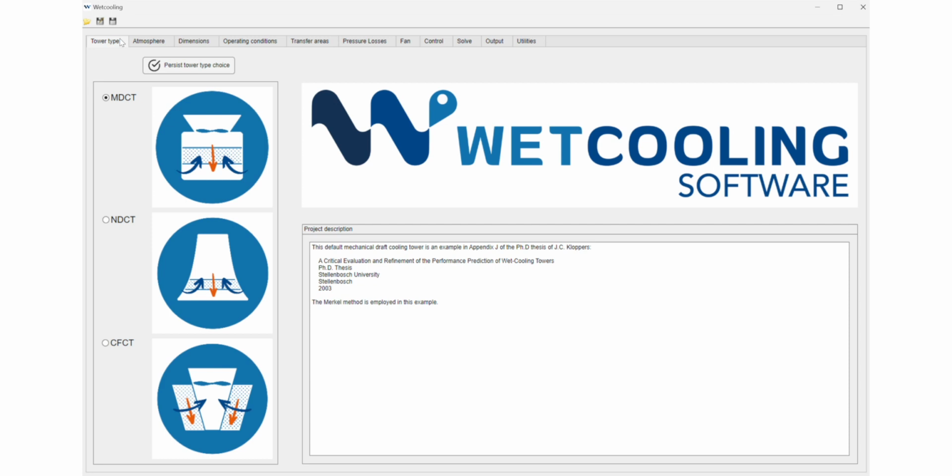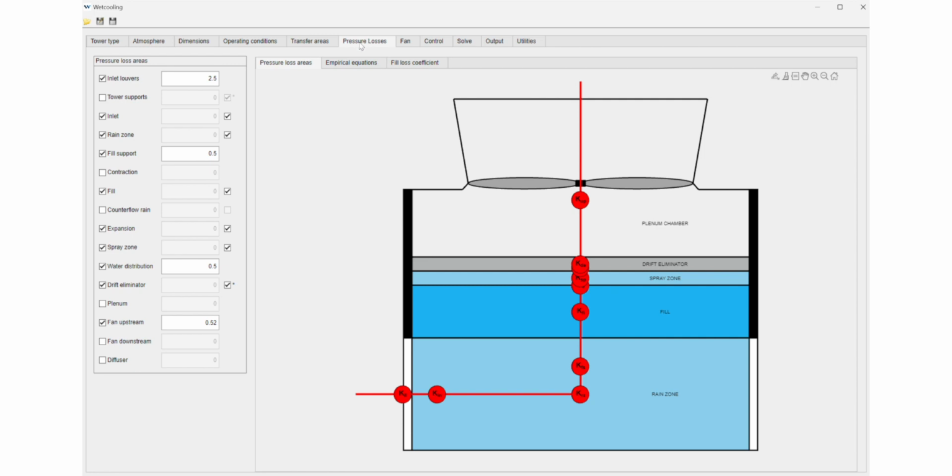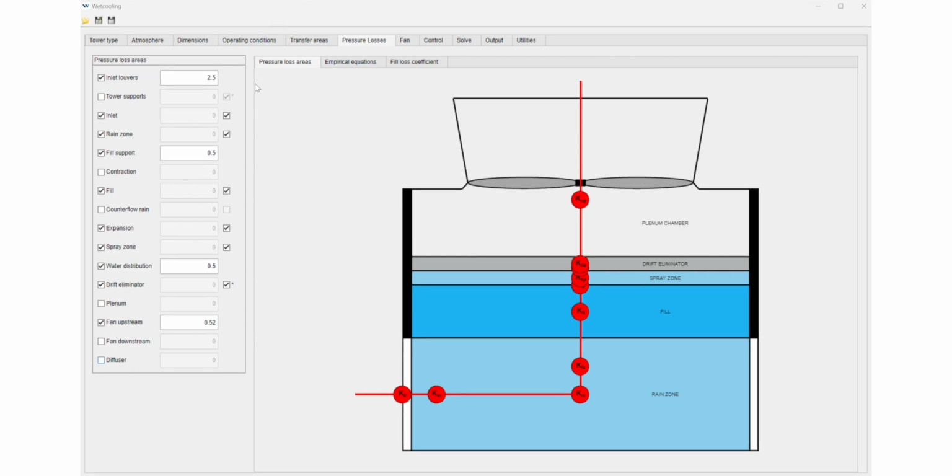The next step in the solution of a cooling tower in the software is to define all the areas where pressure losses occur as the air flows through the cooling tower. You click on the pressure losses tab, and on this screen you specify all those areas. On this screen we don't specify the pressure losses in pascals, but rather the pressure loss coefficients, where the equation